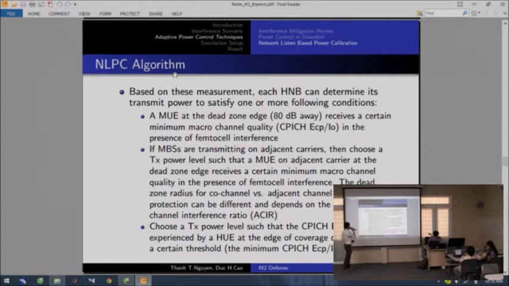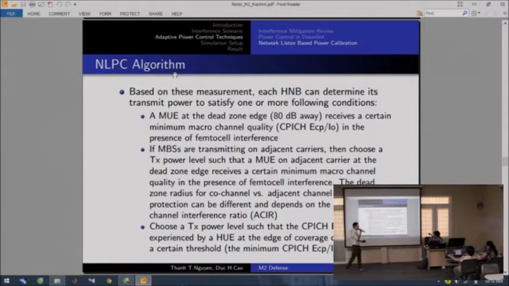Also, to not cause unnecessary interference to macro cell users around the femtocell, it needs to set the transmit level so that the common pilot channel experienced by the femtocell user itself only has